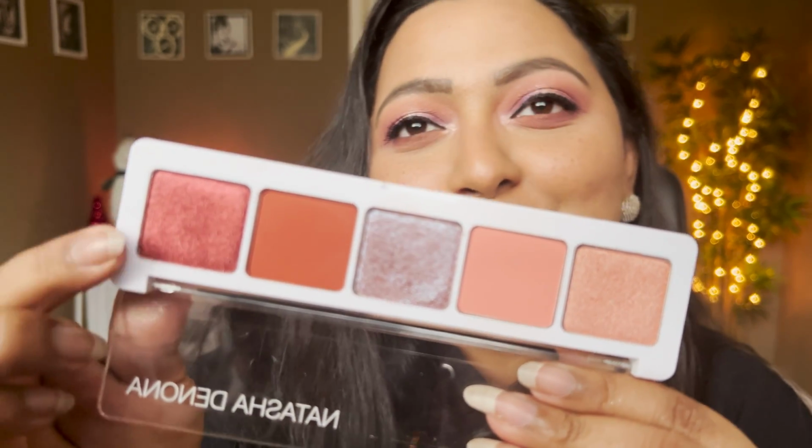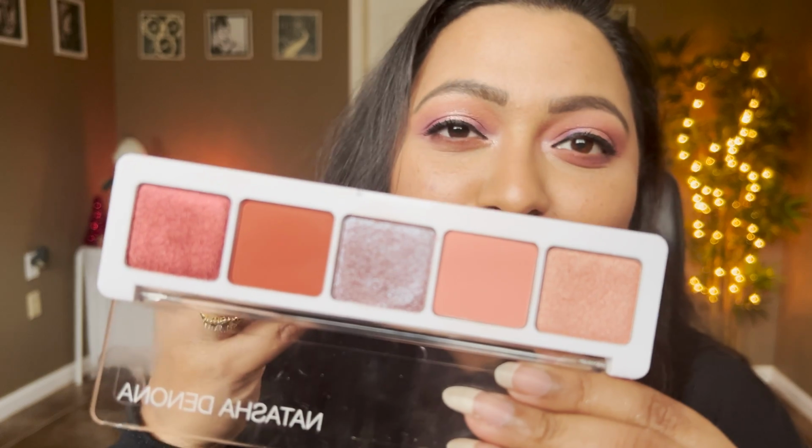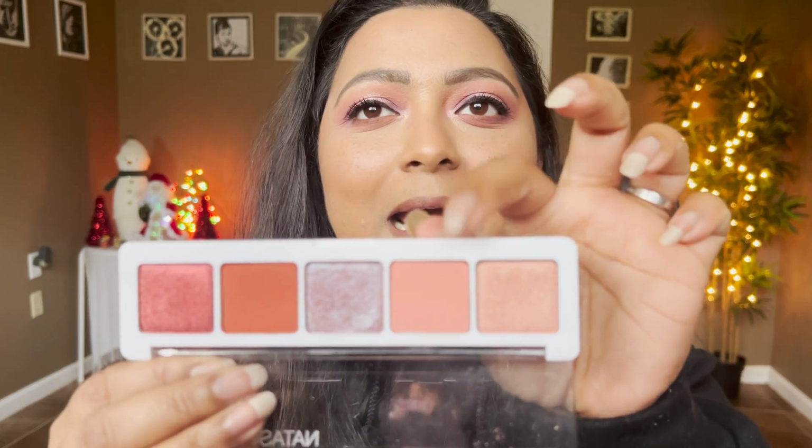I love to apply this as my red shimmer eye. Oh my god, I love this palette. I've used this palette so many times, I cannot even say. As soon as I put this in my crease, the whole look changes for me, and I cannot tell you. I'll show it to you. I probably should not because this video is going to be a million years long, but let me just